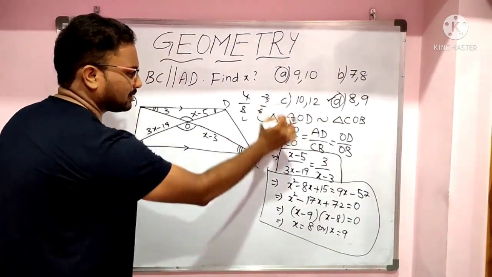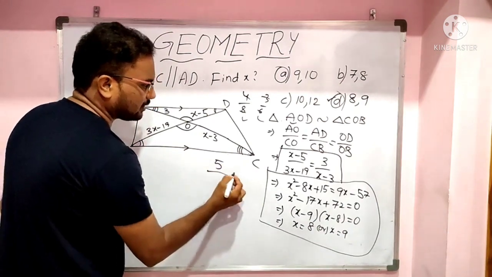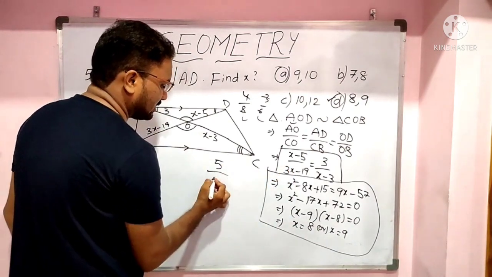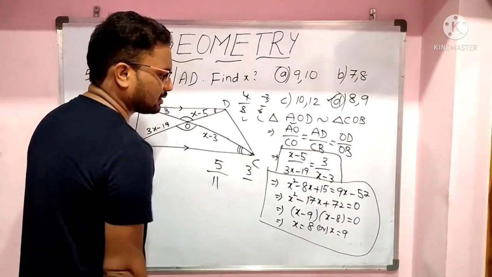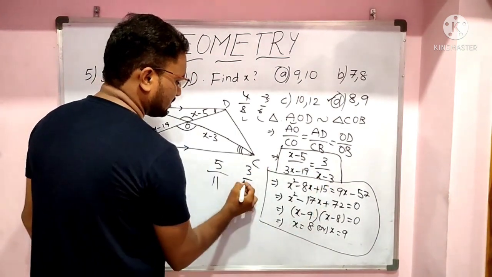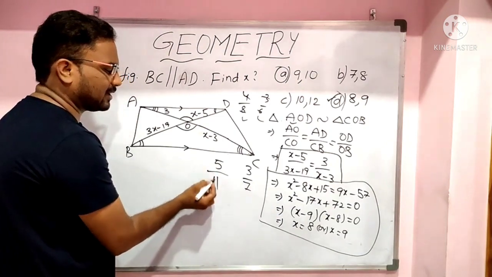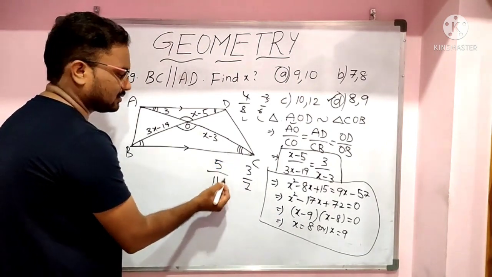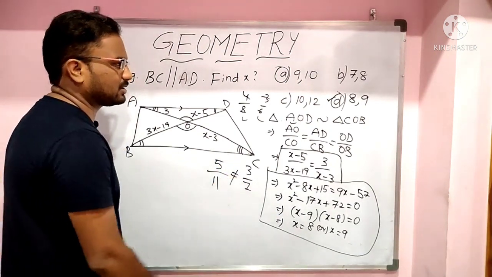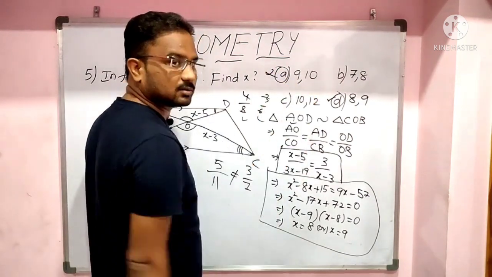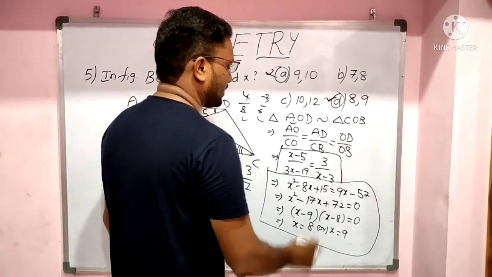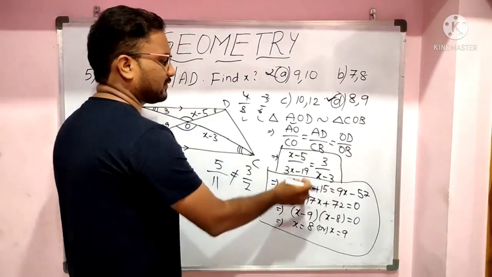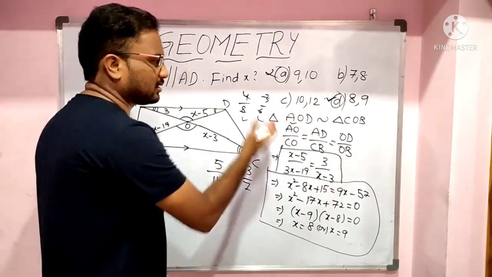Putting 10 in place of x, 10 minus 5 is 5 and 3 10s are 30, 30 minus 19 is 11. And right hand side 3, again 10 minus 3 is 7. So here we got 5 by 11 and here we got 3 by 7. So these two are not equal, hence this option is ruled out. Hence this option is our answer. Okay, after getting this equation, just verify the options. You will get the answer.